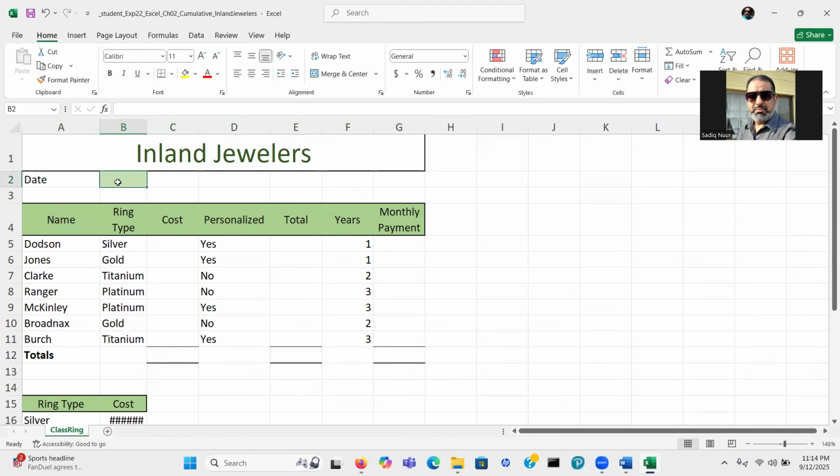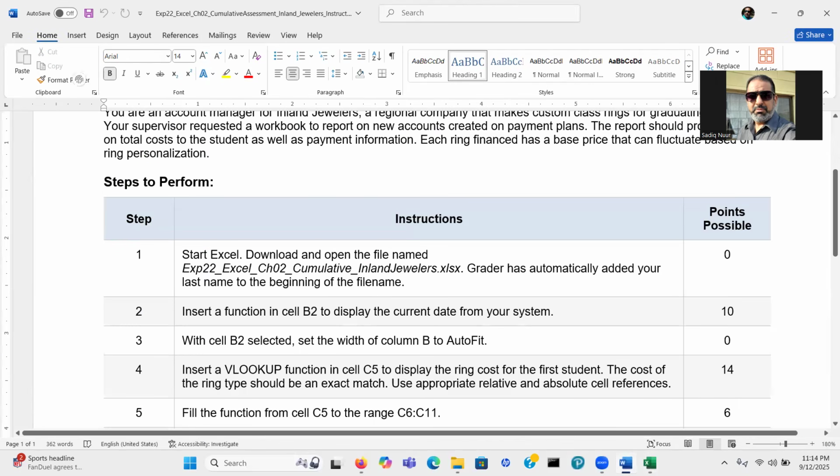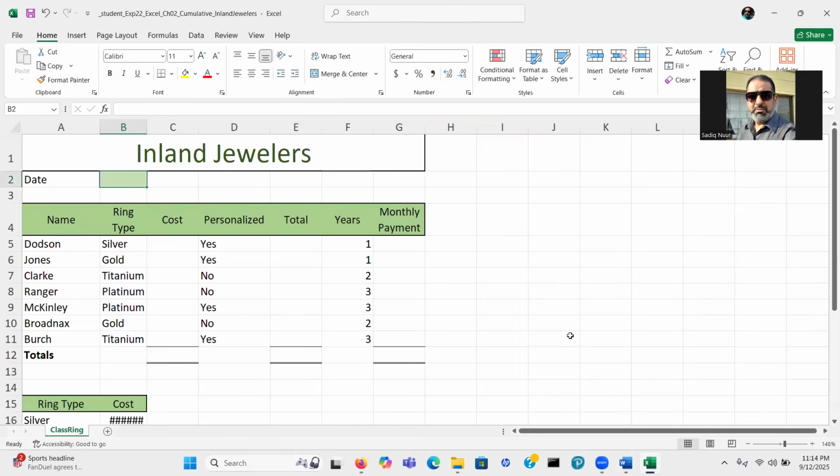So what function do we need? We need to display the current date from our system. A function is pre-built, already defined, right? So we have a sum function, average, count, maximum, minimum. These are all functions, right? So I can use the function from the FX to insert it, or I can go to the Formulas tab here,